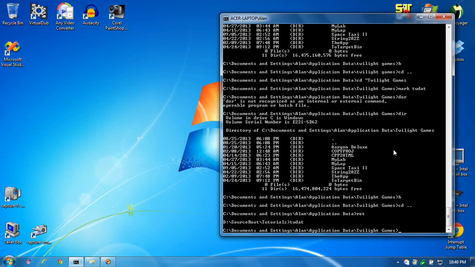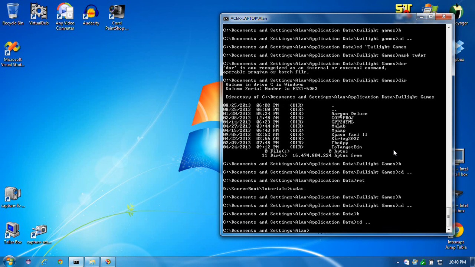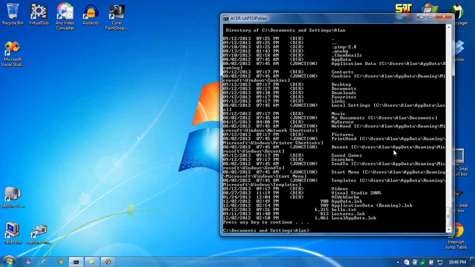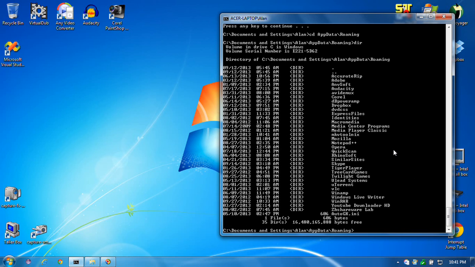Now, where this really is, it's AppData\Roaming. Okay, now this is the real list of directories. So if I go to this directory,